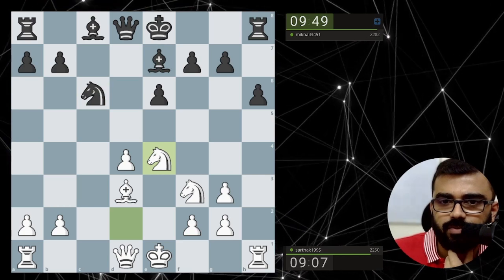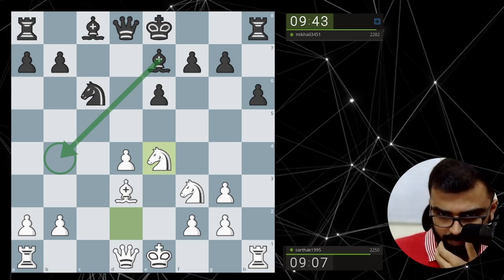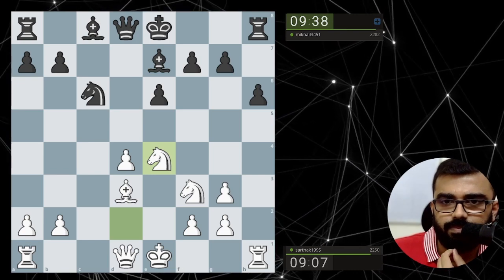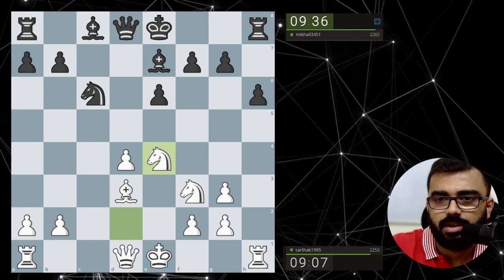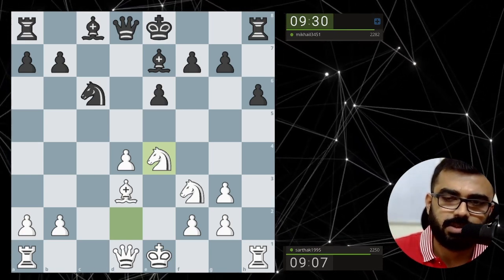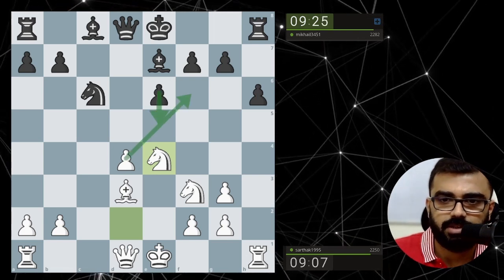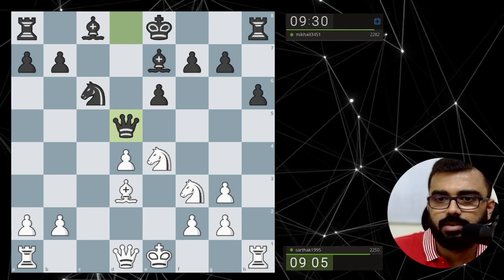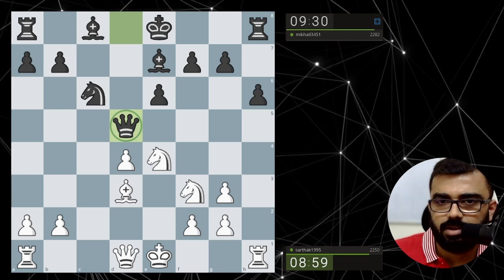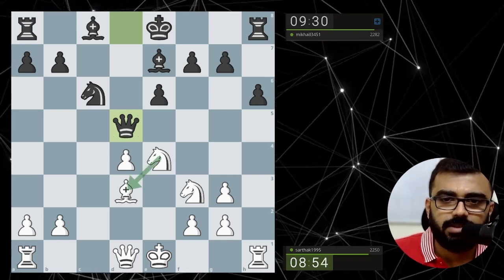Maybe an intermediate check would work. I guess both sides are having equal play. The whole point of London system is not allowing black to play e5. I guess he can play e5, but then I just take. Okay, that's something new. Queen to d5, blocking the d5 square by the queen. I can play knight c3 to kick him back, but